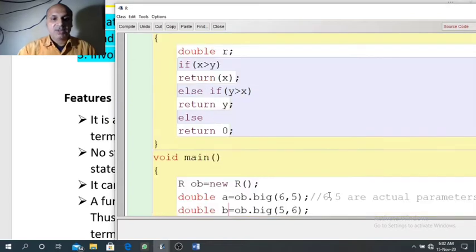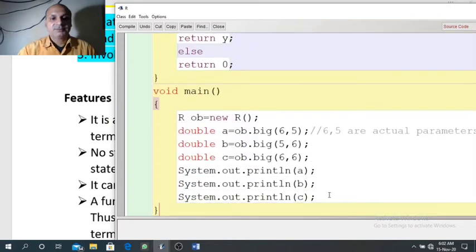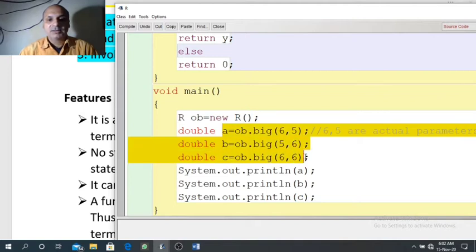Now we have one more method designed here, main. In the main method, object of the class is created. OB equal to new R. Then we are calling method big through the object OB.